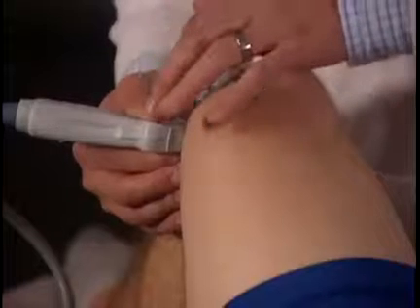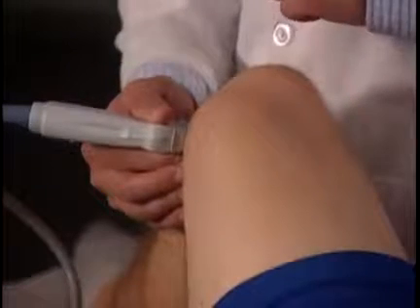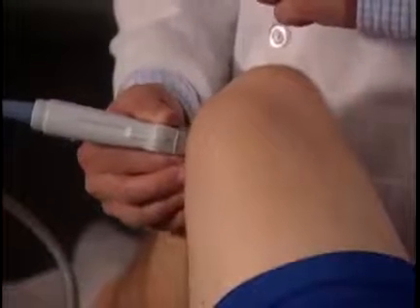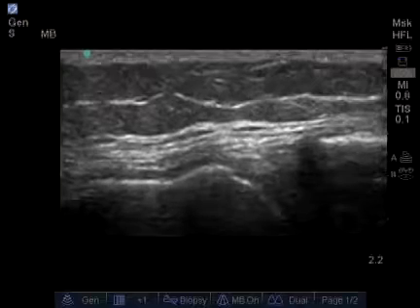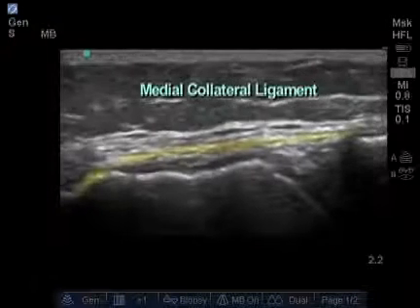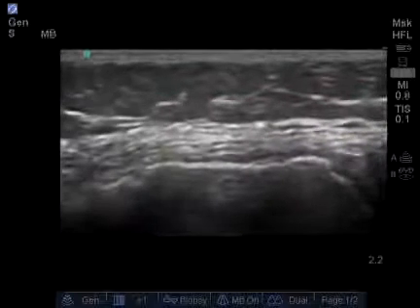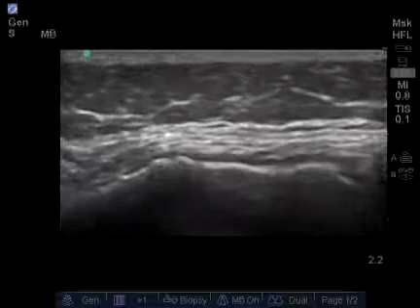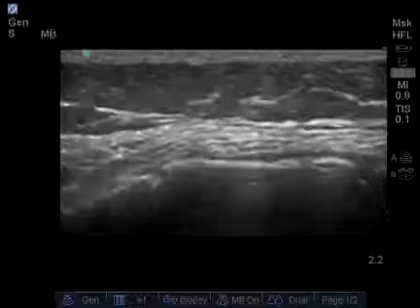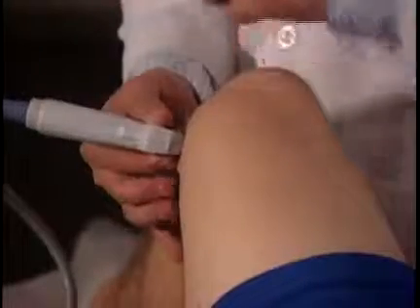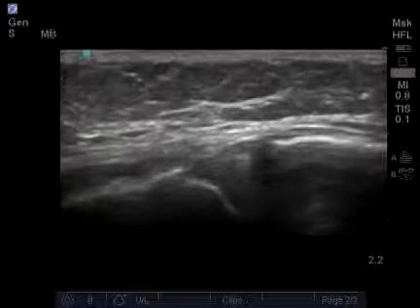So we're going to travel the medial collateral ligament up proximally while looking at the screen to maintain an accurate image. We see the medial collateral ligament bending down and heading towards the attachment at its proximal end here. We're going to begin at our starting point, which will be the medial meniscus, and follow it distally along to